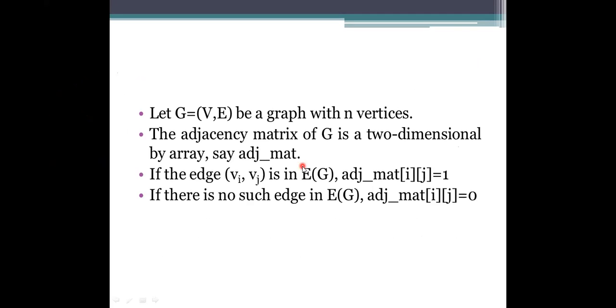If there is an edge between one vertex and another vertex, we specify the matrix entry as 1. If there is no edge here, we simply specify it as a 0, as I said. How am I going to specify this array representation here? We are using a two-dimensional array for processing, and we are giving it the name adjacency matrix, ADJ underscore matrix here.